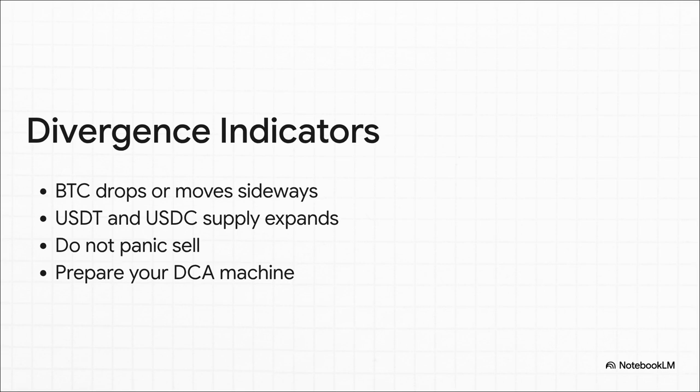Guys, this is a trap for retail, but it's a massive signal for you. Do not fall for the artificial panic. Absolutely do not panic sell. Instead, you prepare your DCA machine. Remember our day 69 protocols? You align your dollar cost averaging with that incoming capital deployment, because I promise you, that coiled spring is about